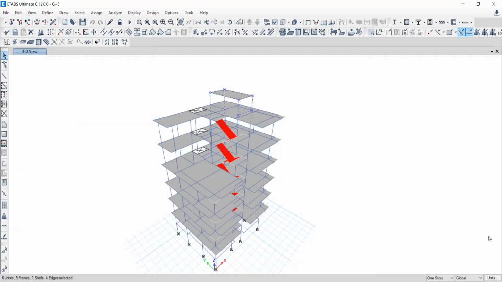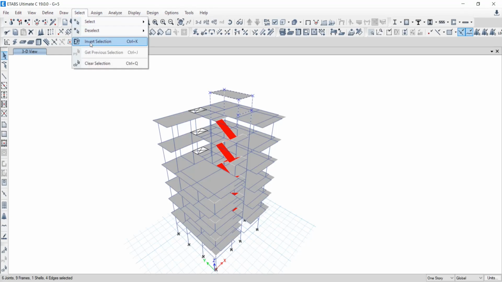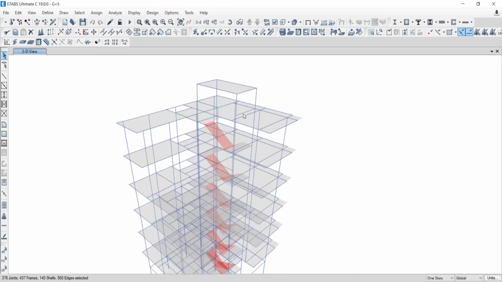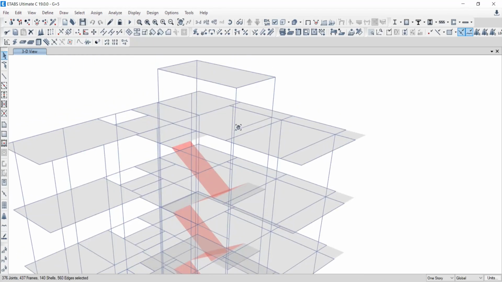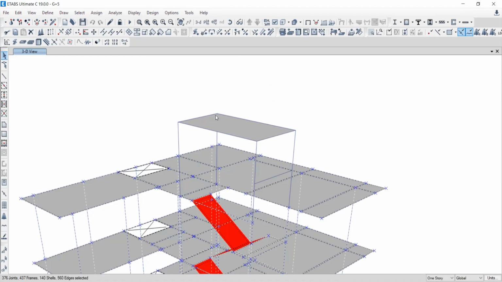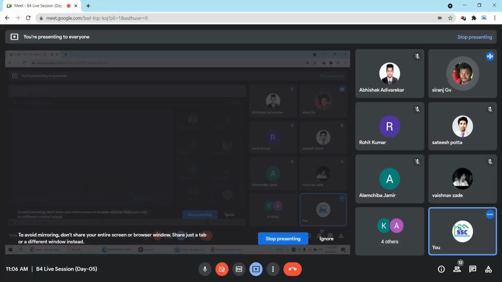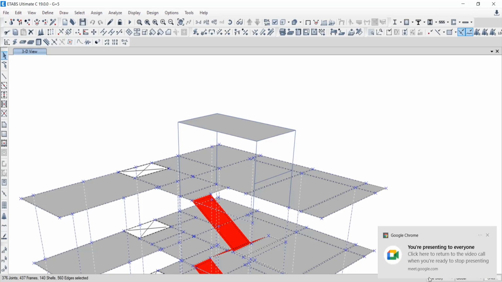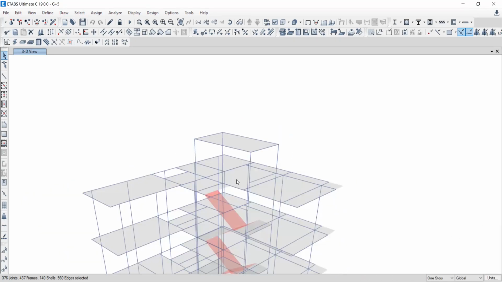Yes. Go to select, just say inward selection. Whatever is in selection will be deselected and deselected things will be selected. Understood? Yes, sir. See, remaining things will be selected, only the selected things will be deselected. That is the application of inward selection.